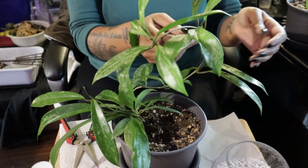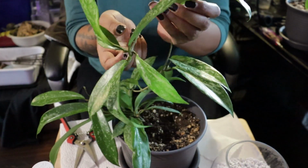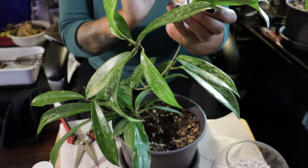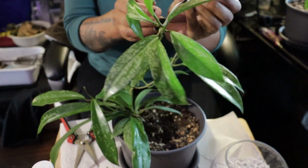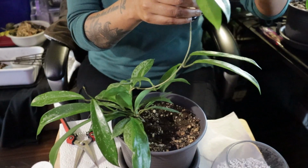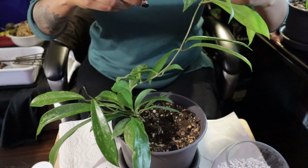Okay. So this whole piece right here, I'm gonna cut that just the way it is. It actually has new leaves coming in as well, but you can't really see them because they're itty bitty, and I am about to